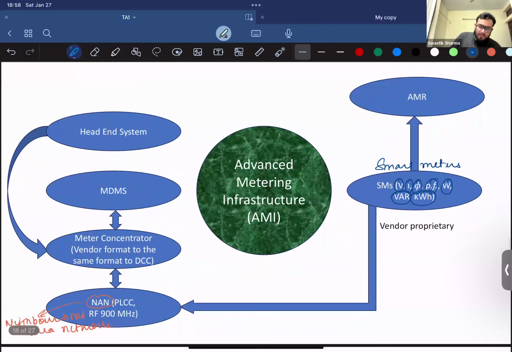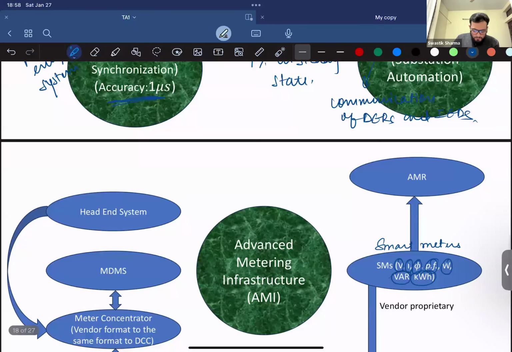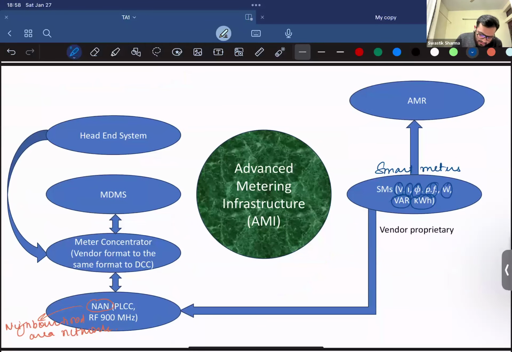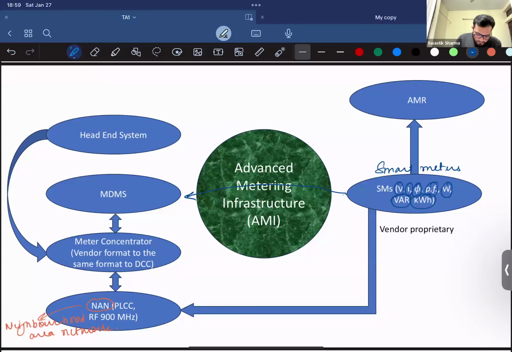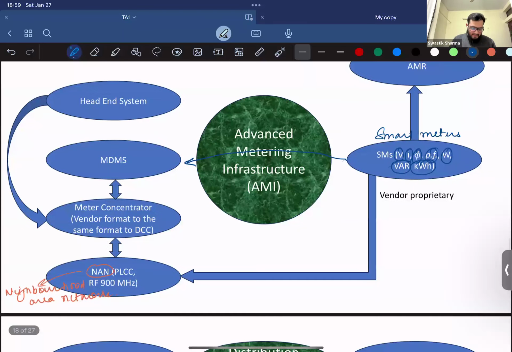There are two different ideologies. These smart meters can either directly convey data to the MDMS, or they can use a vendor-based proprietary network. The direct communication is usually not preferred because of the increased costs related to its installation. So we basically use the other way around. These smart meters are interfaced with the neighborhood area network using power line communications or radio frequency of 900 megahertz, where they are then connected to a meter concentrator, which concentrates all of this data from different smart meters. This data is then sent to the MDMS, which is the meter data management system,